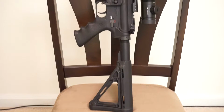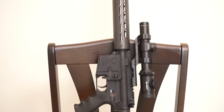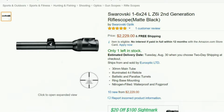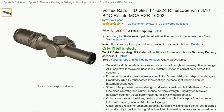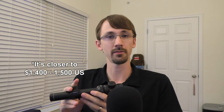So first off, why did I buy this? I bought this because I needed a 3-gun low magnification scope. To be quite honest, I didn't have the money or really want to spend $2 to $2.5 grand to get a very high-end scope like the Swarovski, or however you pronounce it, that's pretty much perfect, but it's $2,500. The Razor HD Gen 2 is another great option, but it's really heavy, and again, it comes in about $1,500 to $2,000. I didn't have that kind of money, but I wanted decent glass for my general purpose AR,